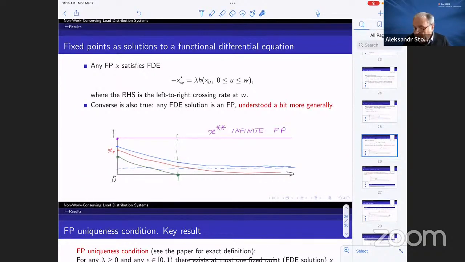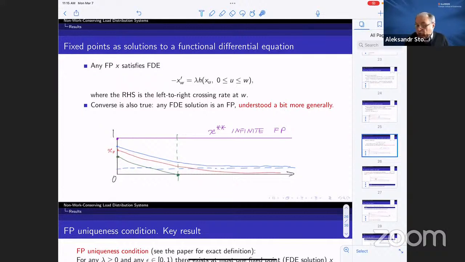I can pick an initial condition, for example this one, and I write the solution to this equation. Nothing can go wrong. There's a unique solution, which depends uniquely on the initial point. Everything is fine. Suppose you have a solution which gives you a proper element, so you have convergence to zero.